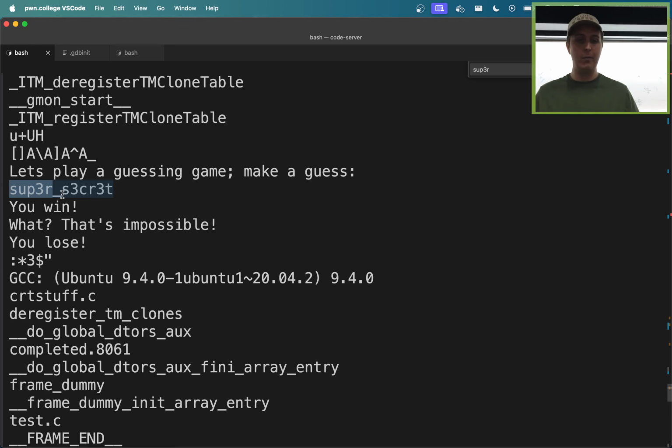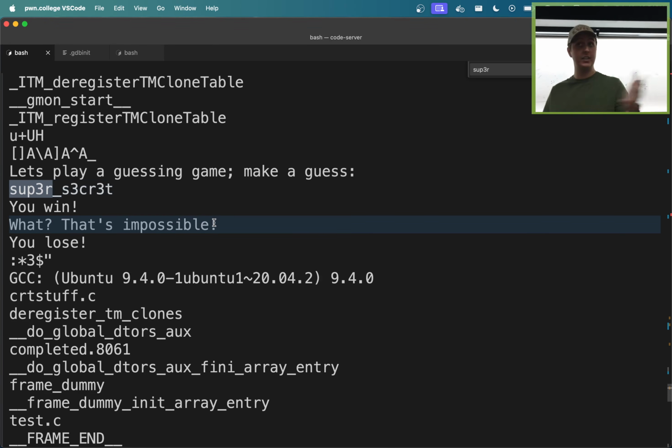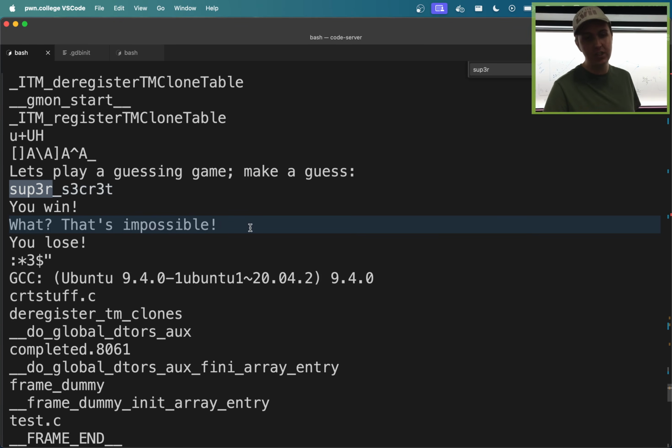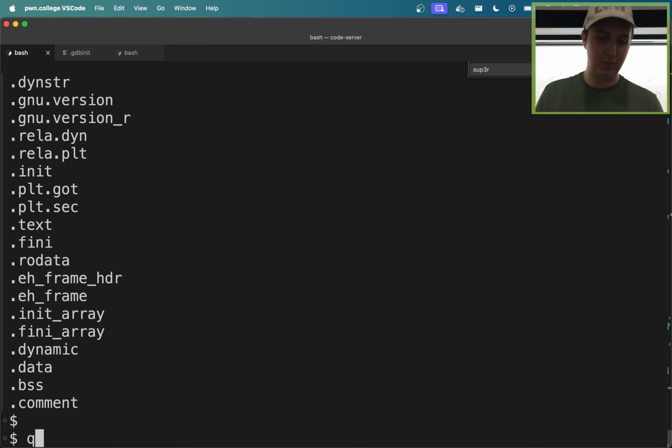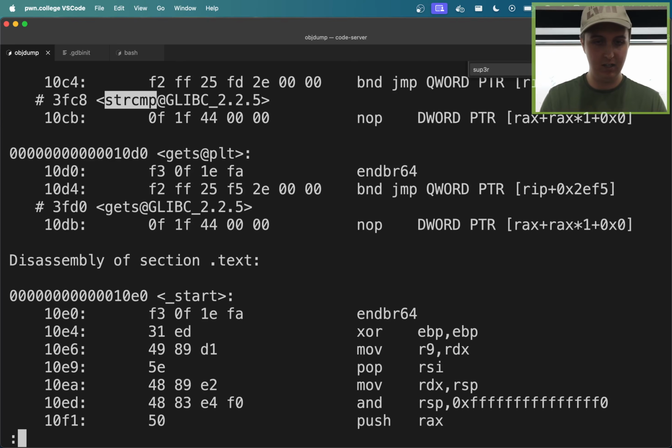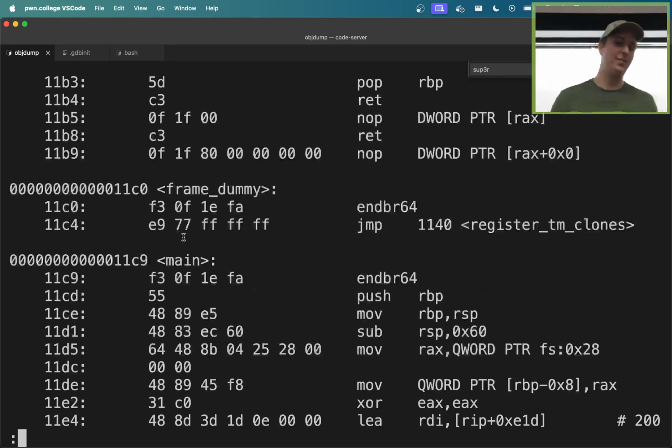Now, we saw that there's some other behavior in here that we haven't triggered, probably. Technically, this string could just be living in the ELF and this never gets printed to the user. But probably I'm thinking maybe this can be printed to the user or something. And we saw another strcmp in there. If we were really, really paying attention, we would have seen another strcmp in here. But this method of